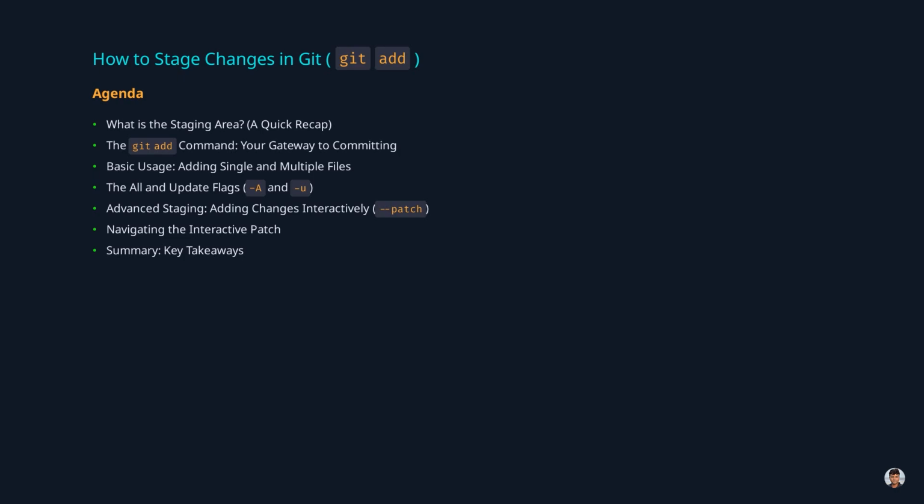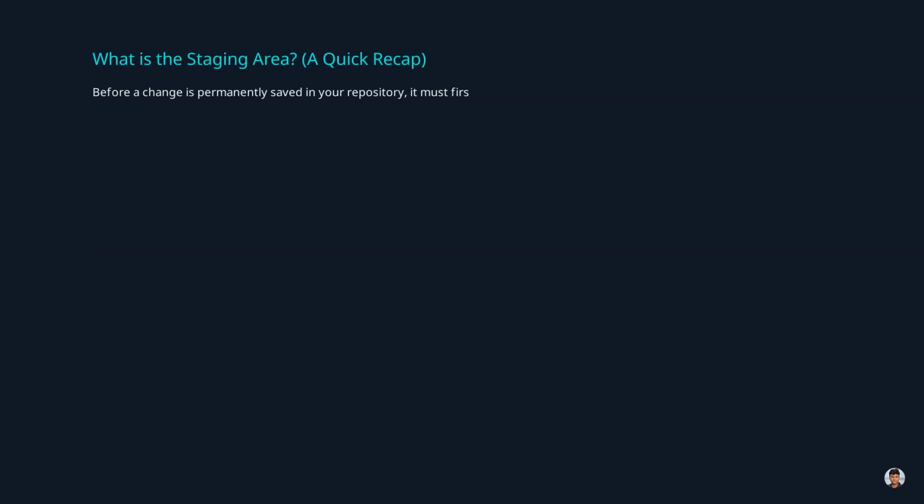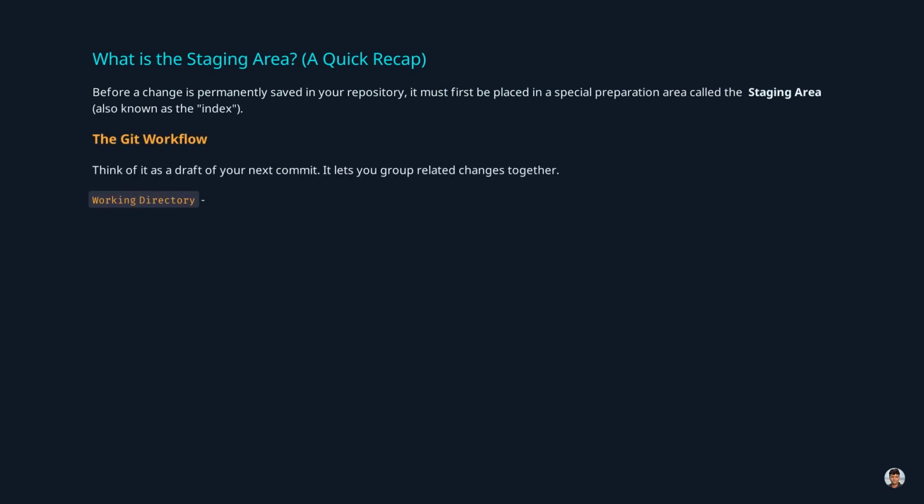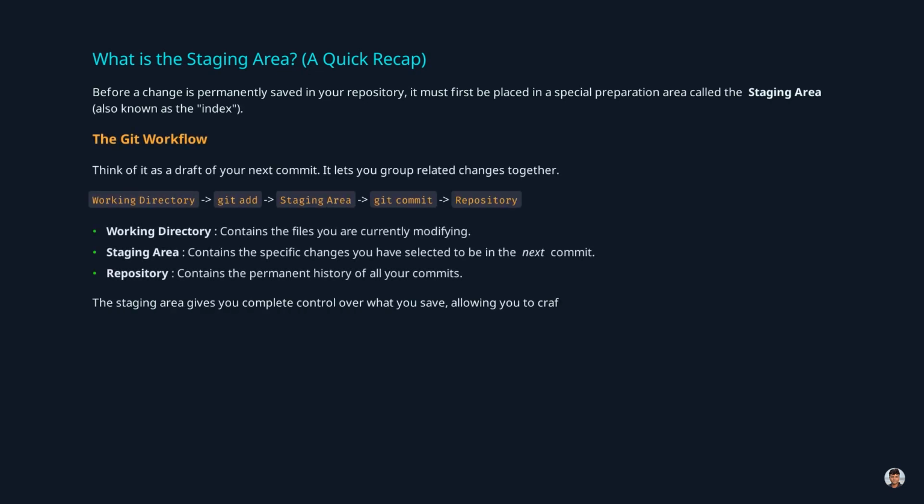We will cover the basic uses, like how to add a single file or all of your changes at once. Next, we will look at the powerful all and update flags to give you more control over what you stage. After that, we will dive into an advanced and incredibly useful feature, interactive staging using the patch flag. We will walk through how to navigate the interactive patch to stage only specific parts of a file. By the end, you will have a complete understanding of how to use git add to craft the perfect commit. Let's get started. Before we dive into the git add command, let's quickly refresh our memory on a key concept,